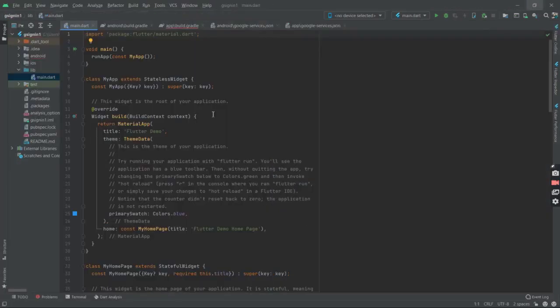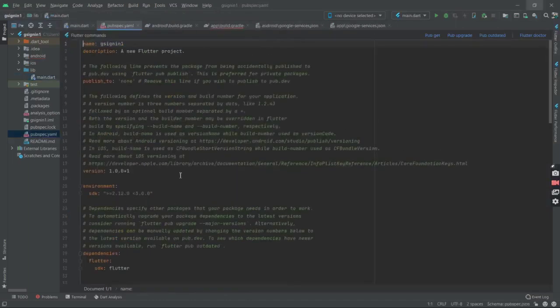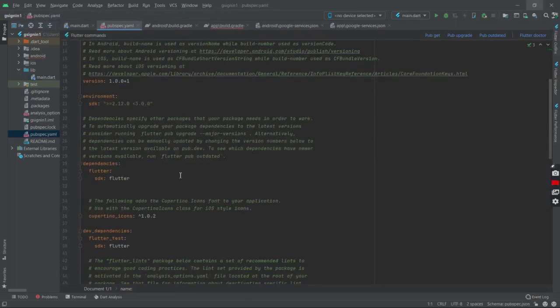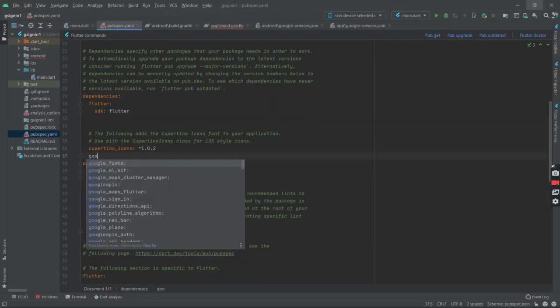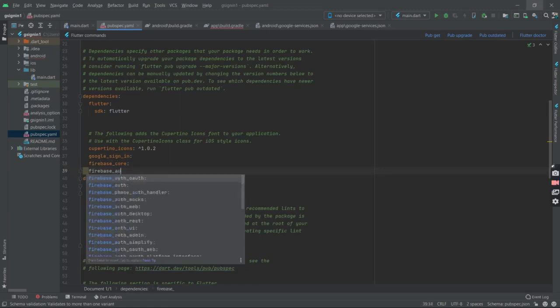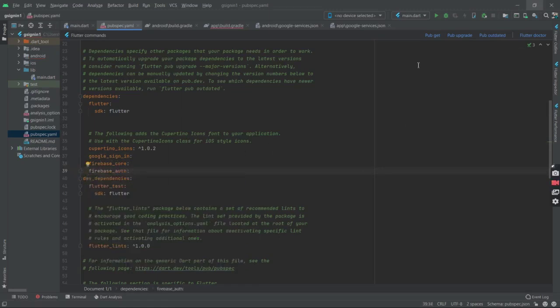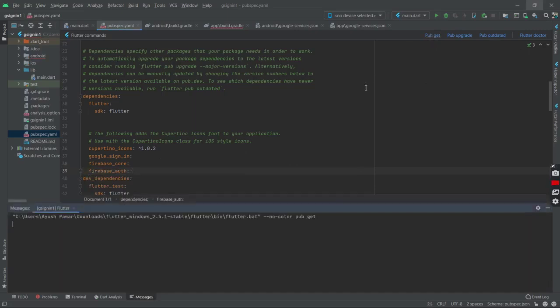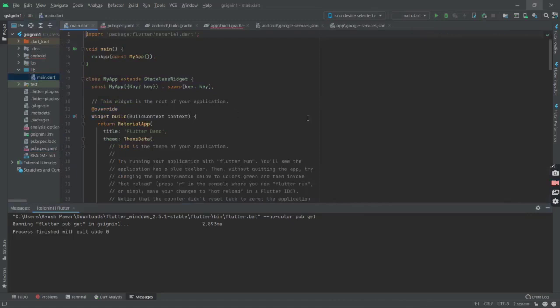Now we don't need this. Now our whole concentration would be in Android Studio and how to implement the Google Sign-in feature. For that, we will need 3 external packages, and they would be google_sign_in, firebase_core, and firebase_auth. So type this in your pubspec.yaml, do a pub get, and let Flutter get all these packages for you. And once we have all the packages, let's move to main.dart, and now let's try to implement the logic of the code where we will build our Google Sign-in feature.